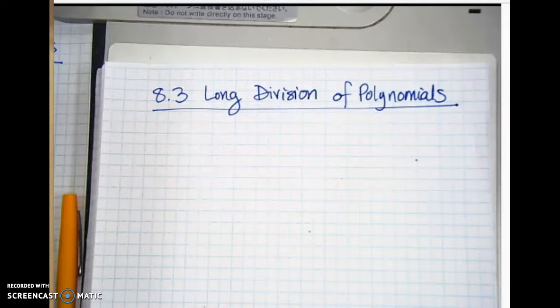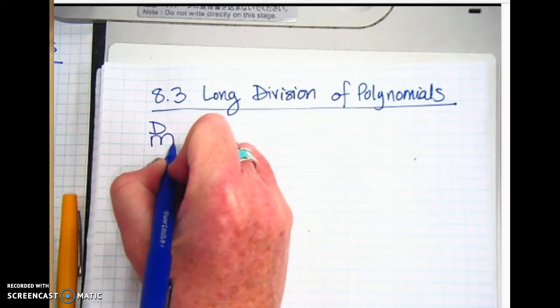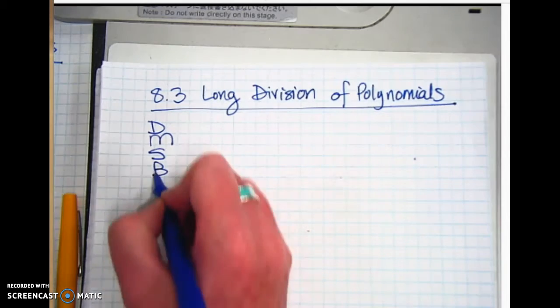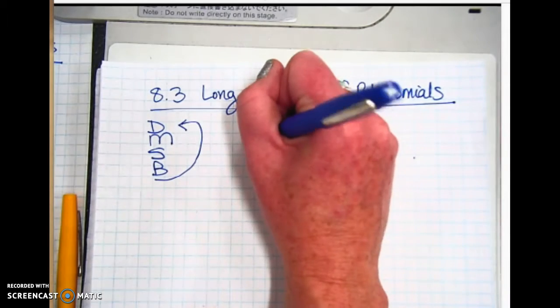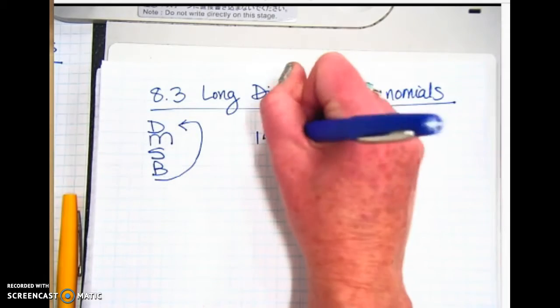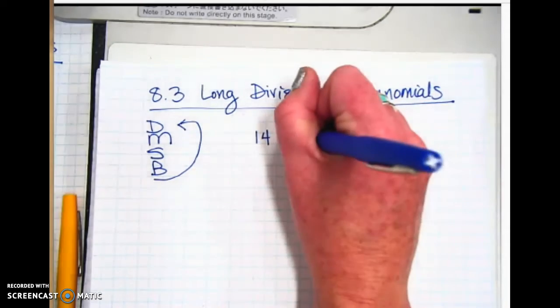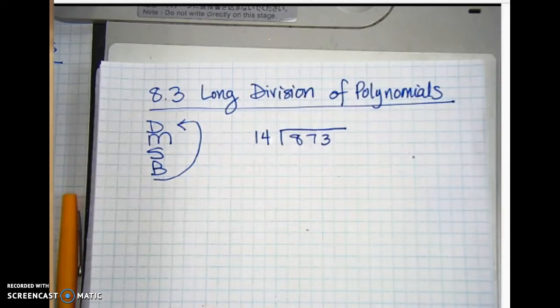Long division of polynomials. How many of you remember long division from 4th grade? Sweet. So you do this thing called divide, multiply, subtract, bring down, and then after you bring down, you go back up to the top, right? So if we get a 4th grade level problem like 14 goes into 873, or 873 divided by 14,